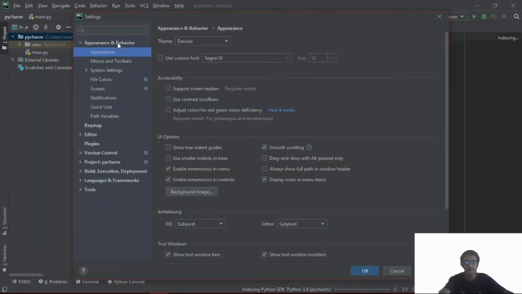So Appearance and Behavior. In Appearance and Behavior you can choose what kind of themes you want, what kind of appearance of the PyCharm Community Edition you want. So I have here my themes: Dracula, Windows 10 Light, IntelliJ Light, High Contrast, but I want to use Dracula for now. You can go on and play with the other themes if you want, but for me I'm not going to use any of those. So here is the font,